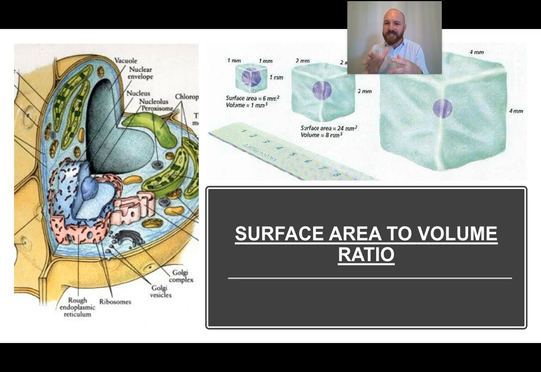What that means is substances that are diffusing into the cell, and then moving throughout the cytoplasm, don't have to move very far until they get to an organelle. So that makes processes happen faster. We can see here as the cell gets bigger, that distance increases, and even bigger, it increases. So as a cell gets bigger, the surface area compared to the volume actually decreases. Here we have a large surface area compared to the volume, and here we have a comparatively smaller surface area